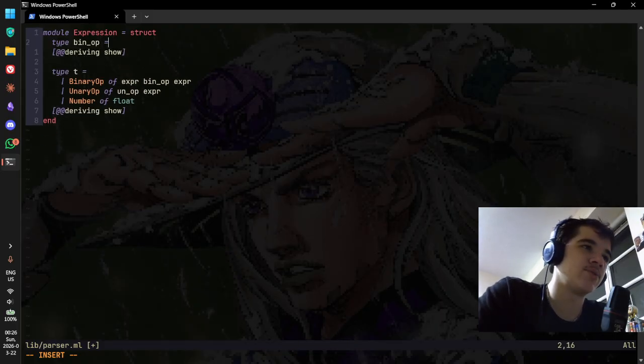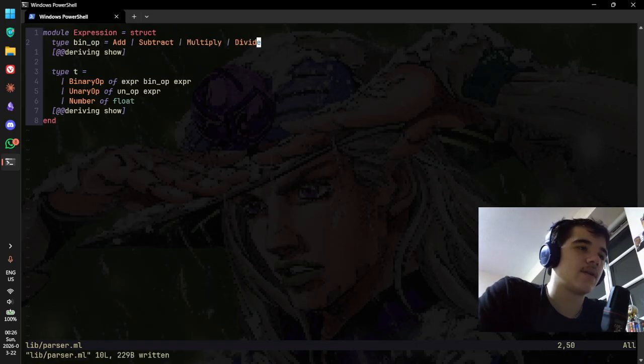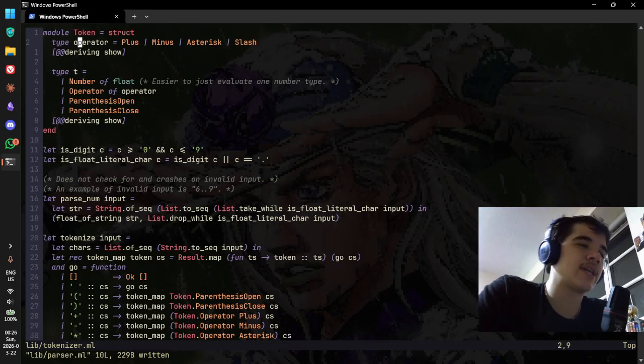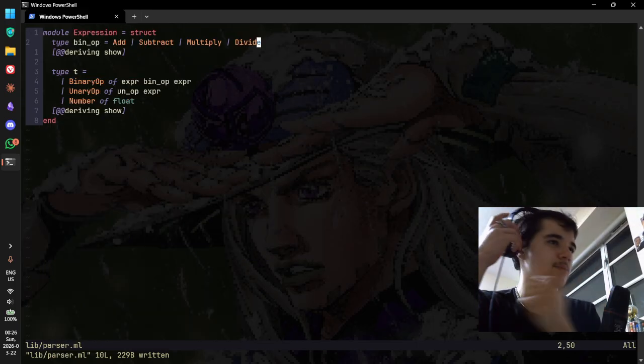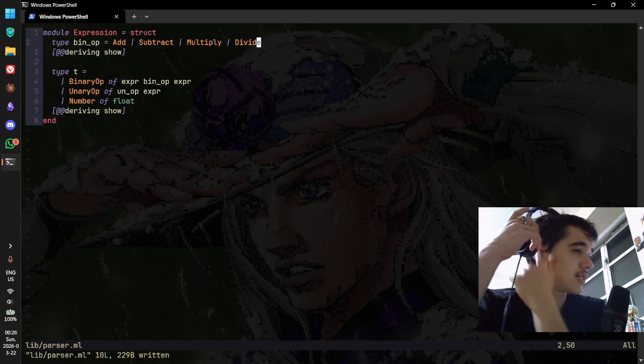In fact, I don't even need to do this. I can just do here: add, subtract, multiply, and divide. I believe that's different from this, because these are the symbols plus, minus, asterisk, slash, but these are